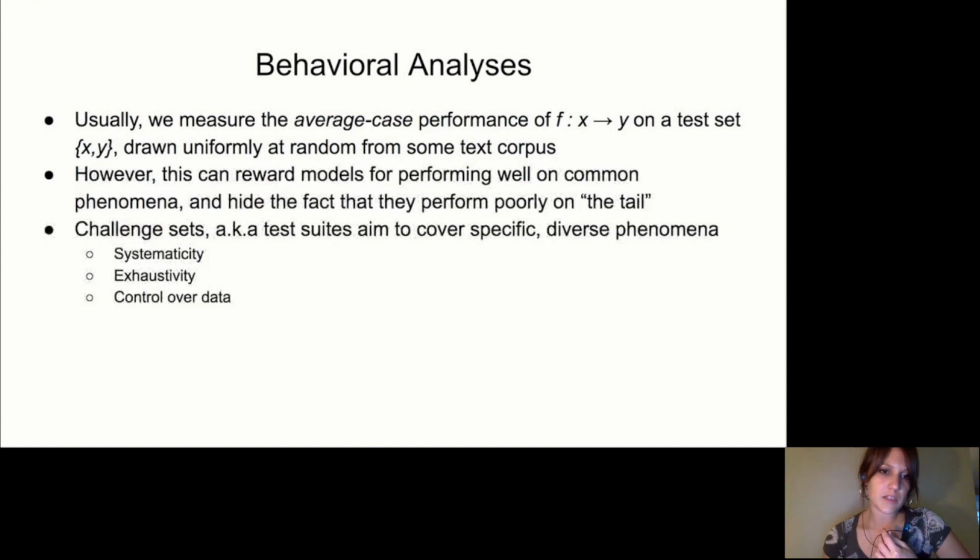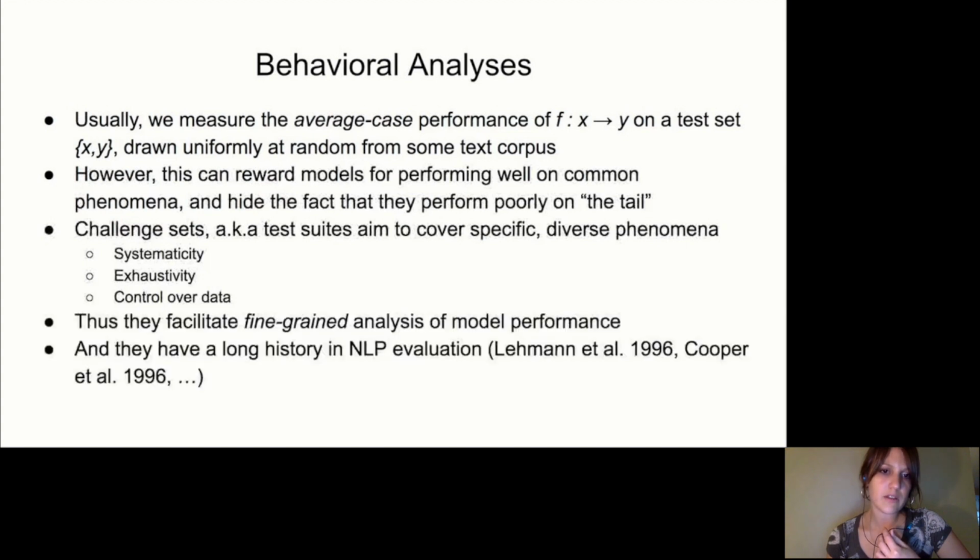It also gives us much tighter control over the data and the phenomena that we're evaluating. We don't want to just randomly sample data and have all of our understanding of how the models behave based on that. So when we construct these targeted test sets, this gives us much finer grained control over the analyses that we're performing and